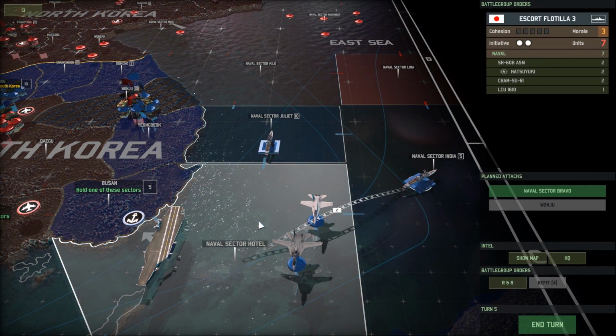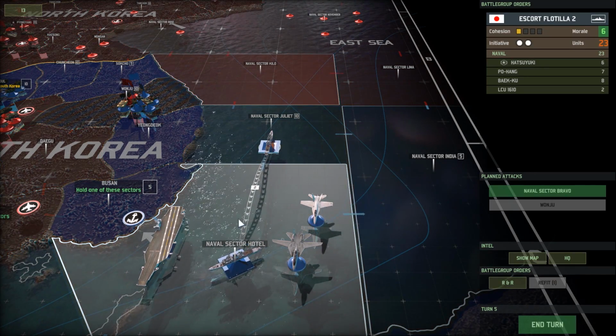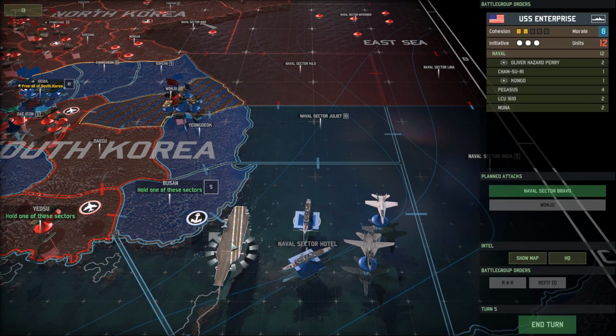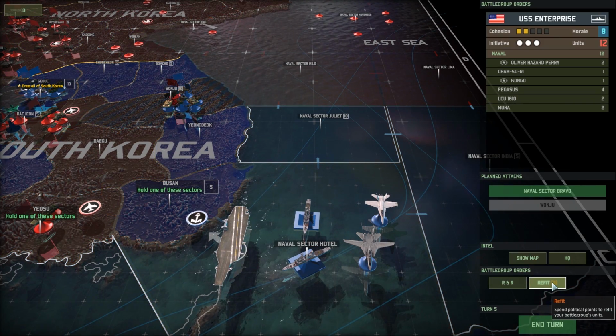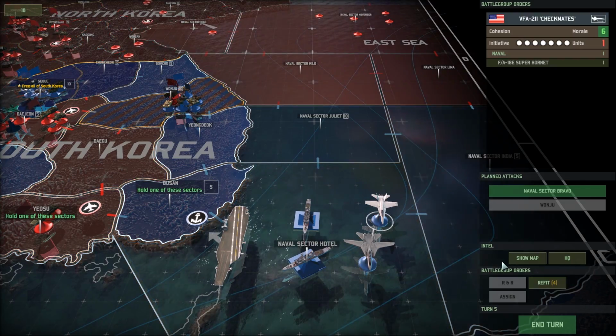And let's get all of our forces back to Naval Sector Hotel, so that way we can replenish and refit our forces. We've got to get the aircraft carriers and such all fully operational again. There we go. Very nice. We've got our carrier refitted. We're going to get the rest of these forces refitted and ready to rock,